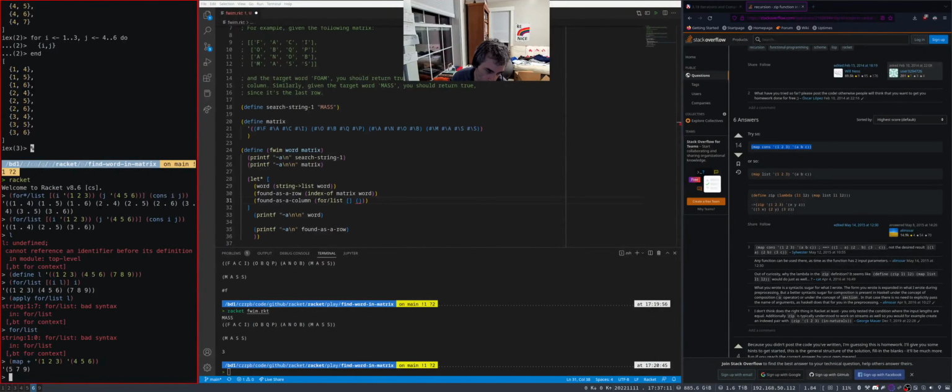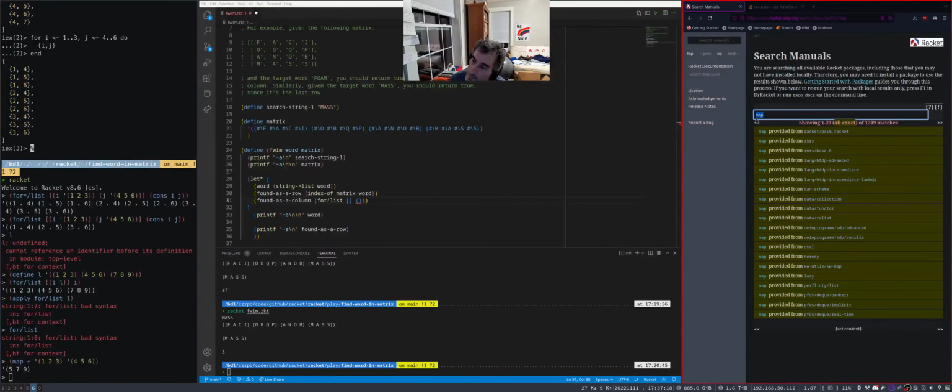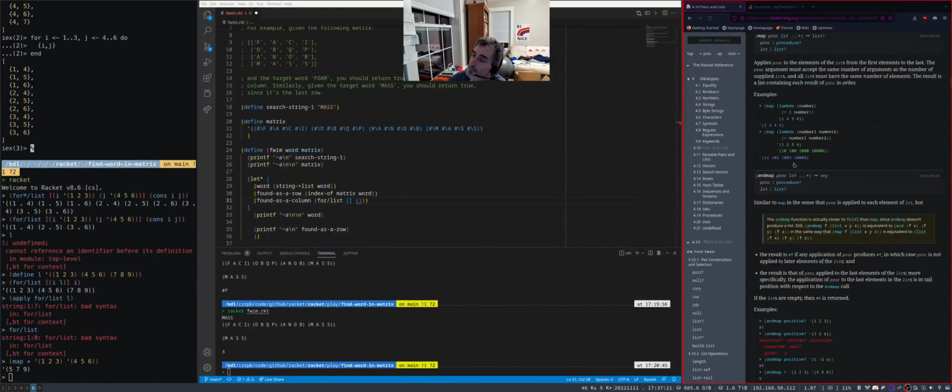Mapping. Let's go look up map. Map can take multiple iterables, which is where I should have remembered and been smarter. It applies the procedure to the elements of the lists, from the first elements to the last. The procedure must accept the same number of arguments as the number of lists. Surprise. God damn it. Awesome. So it's actually simply mapping over. So if we turn it into a list, our list,